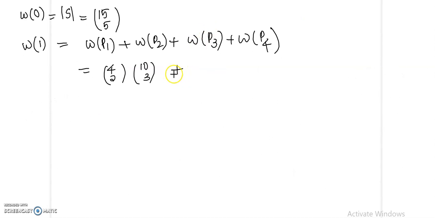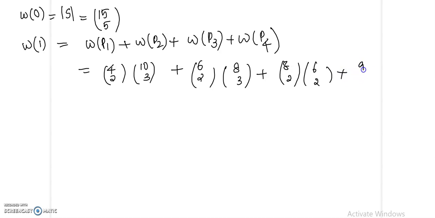Okay, so omega of P2 is 6C2 into 8C3, then omega of P3 will be 8C2 into 6C2 plus 9C2 into 5